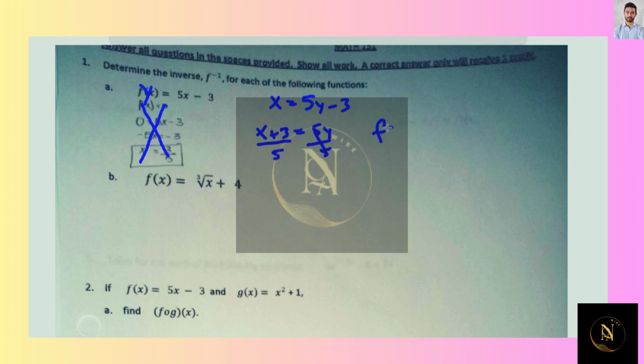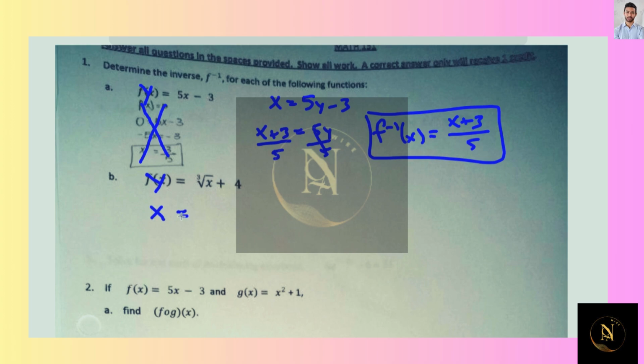So your inverse function is x plus 3 divided by 5. Instead of multiplying by 5 and subtracting 3, you're adding 3 and dividing by 5. Opposite of subtract is add, opposite of multiply is divide. But the helpful trick is to think of f of x as y, interchange x and y, and then solve